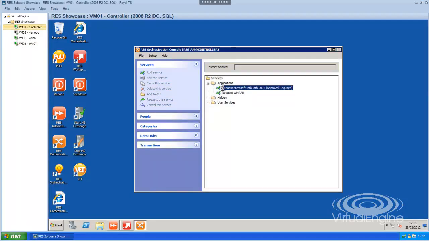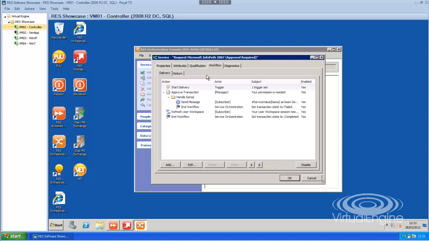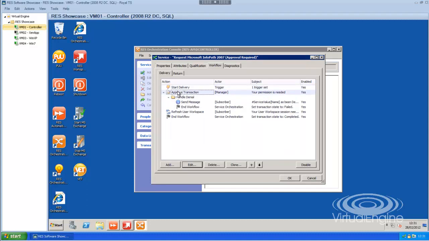So the application has been configured. So users qualify for this application. Everyone qualifies, so anyone can request this application. Okay, there are no restrictions or dependencies. The workflow is triggered when people request a service. So from within the Service Orchestration client, the user can request the application, and the workflow is going to require